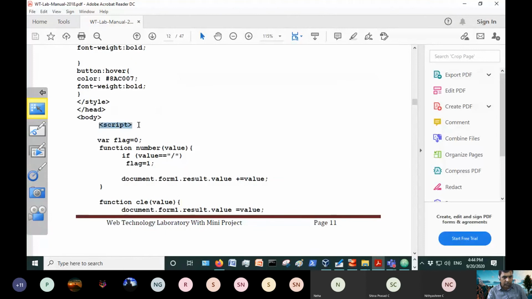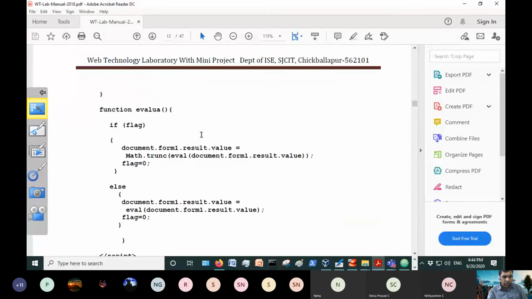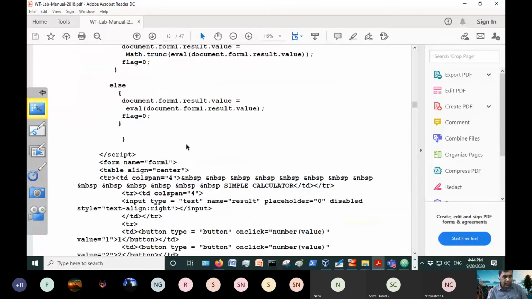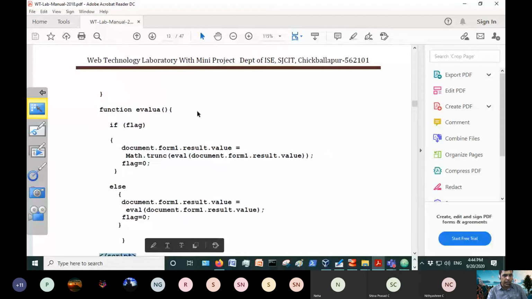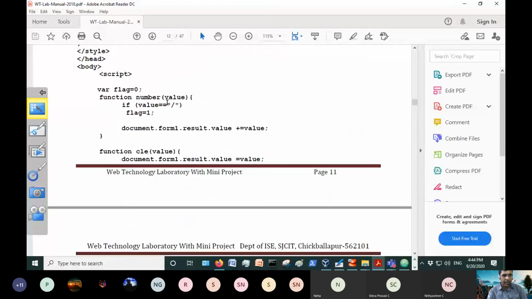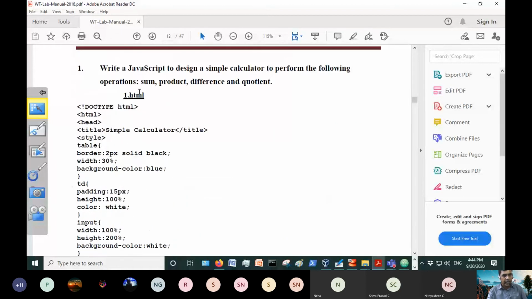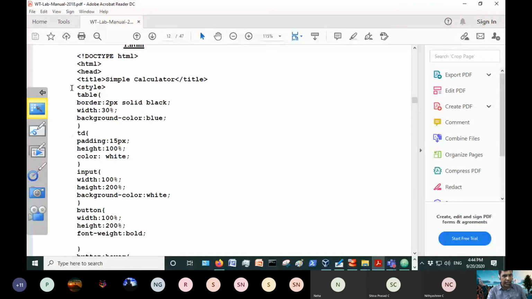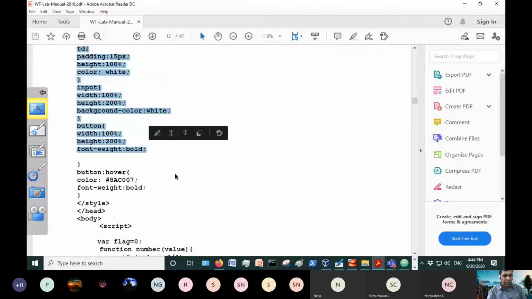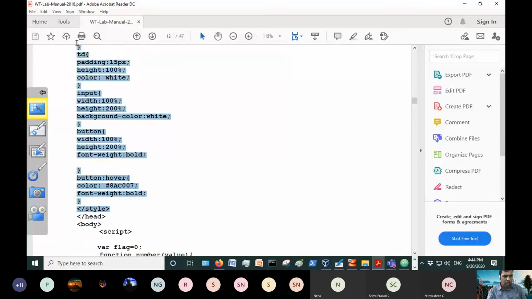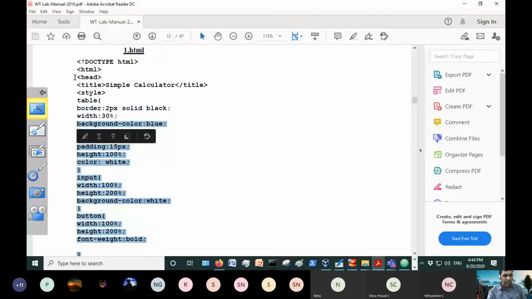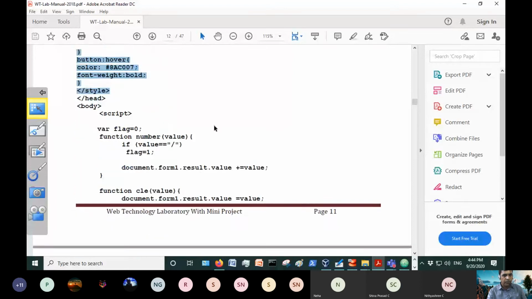Only from here to here is the JavaScript program. The remaining part is HTML code, and this part is the CSS part. Within the style tag, what you find is the cascading style sheet. All these other things are the HTML part.